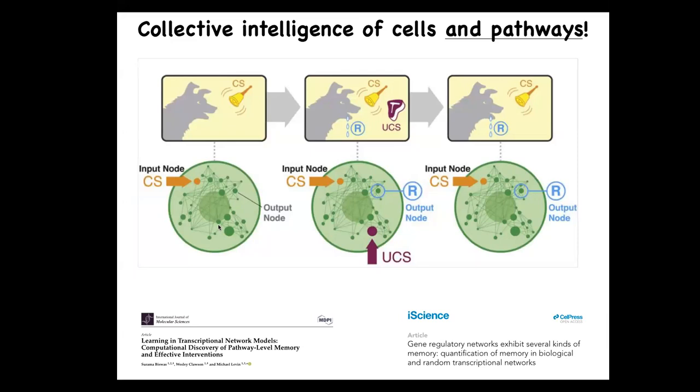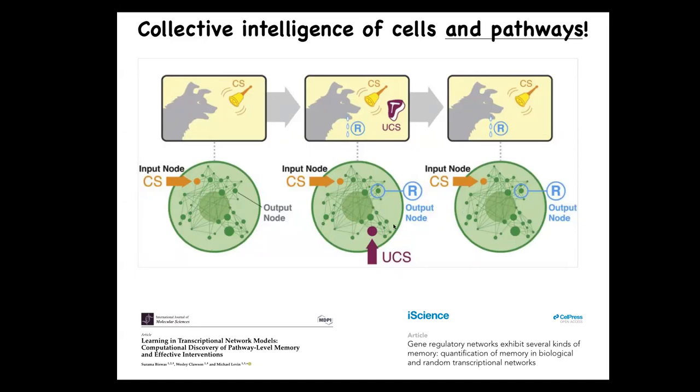Even within the cells, we now know that something as simple as a molecular pathway or a gene regulatory network can do at least 6 different kinds of learning. You can take these various nodes, let's say transcription factors or whatever the targets are going to be, and if you stimulate and read from them as you would in a Pavlovian conditioning task, you can demonstrate that biological networks can store multiple memories of different kinds. So you find all of this: habituation, sensitization, associative learning, anticipation. It's all here, even from the lowest level.